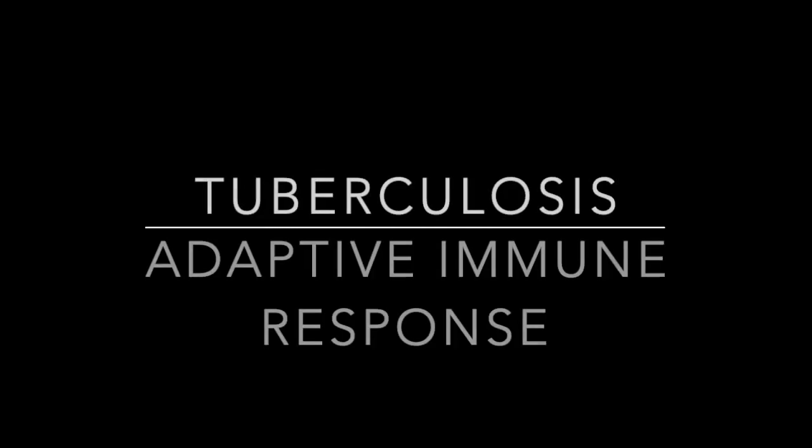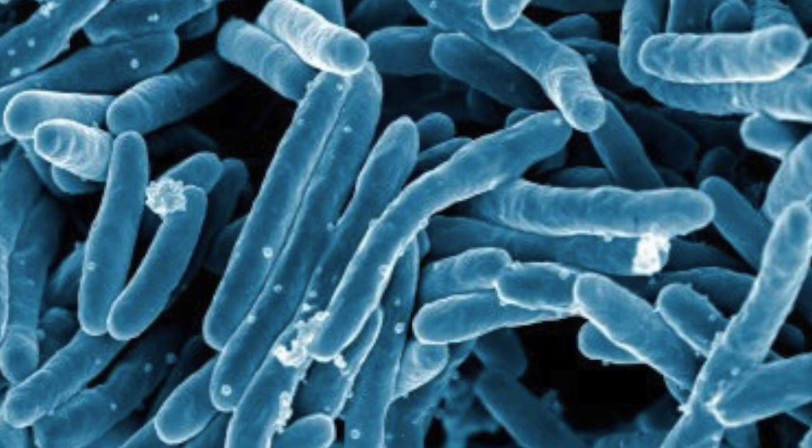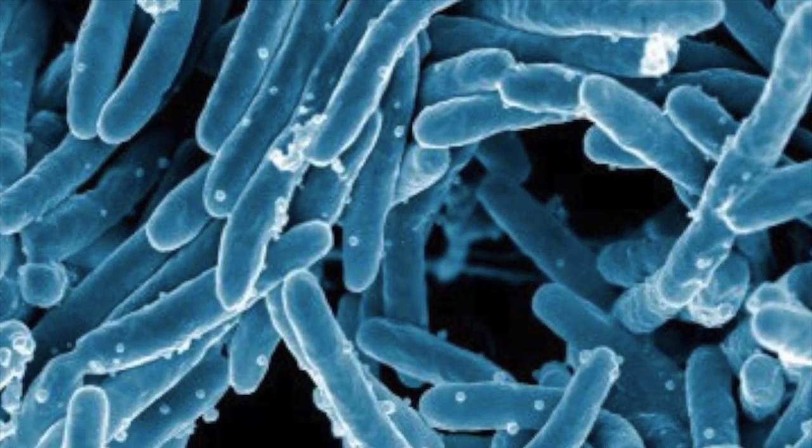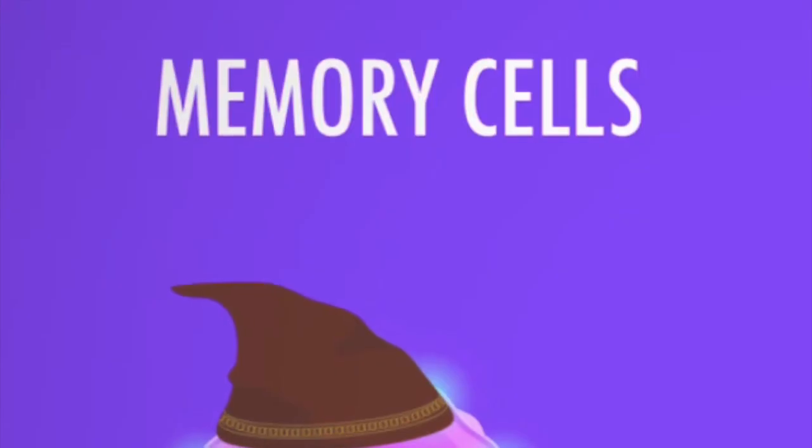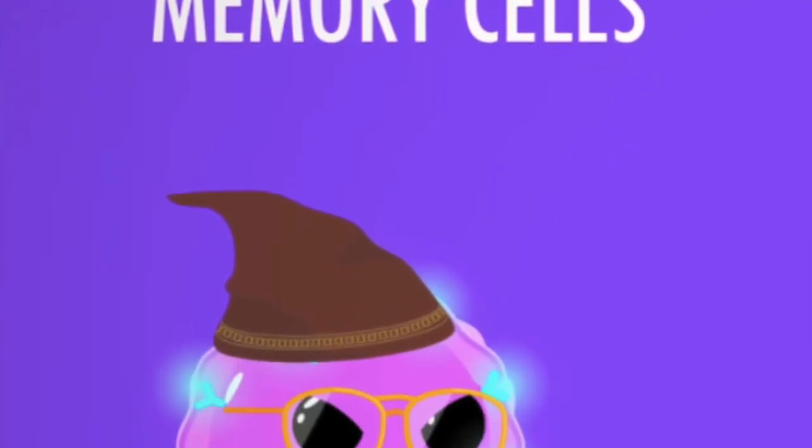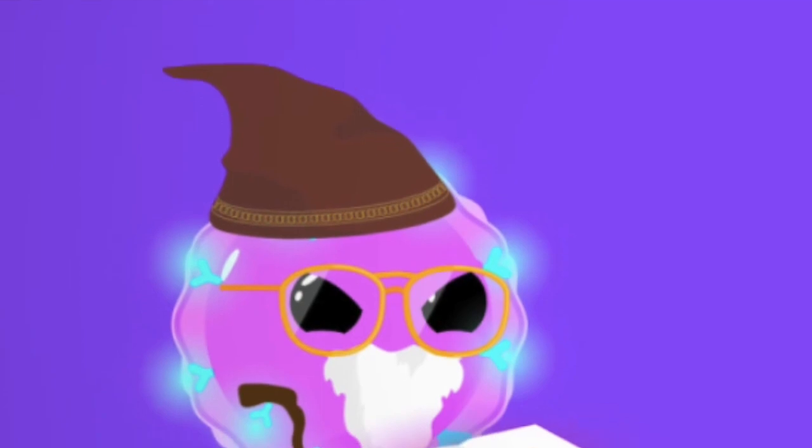The adaptive immune system is one of the body's final defense mechanisms. Unlike the innate response, the adaptive immune system has to be explicitly exposed to a specific pathogen and recognize it as a threat before it can attack. A key difference between the innate and adaptive response is that the adaptive has the ability to remember specific pathogens